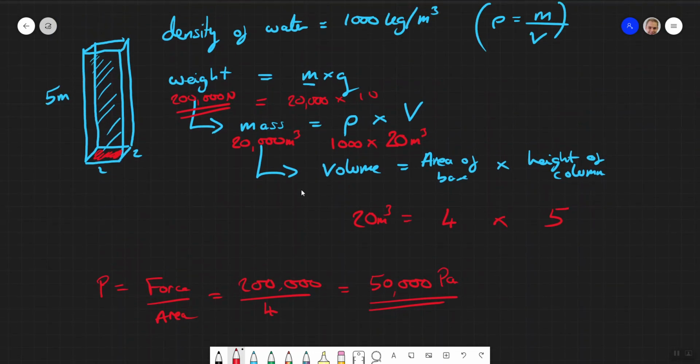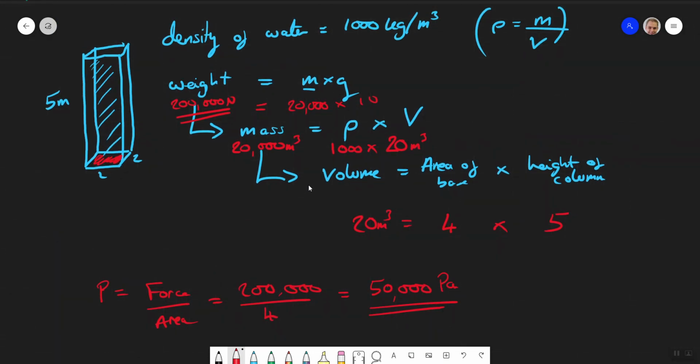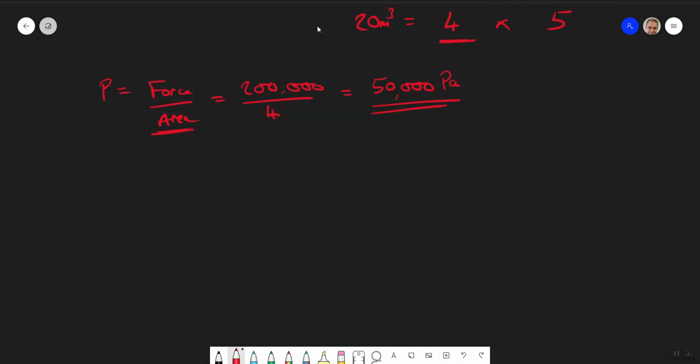But before we do that, we can actually think about, is there an easier way of doing this equation? And one of the nice things about it is, if you notice, when we were here, we multiplied by the area of the base, and when we were here, we divided by the area of the base. So actually, we can work this through, and instead of putting numbers in, let's just leave it as symbols and see what we end up with.